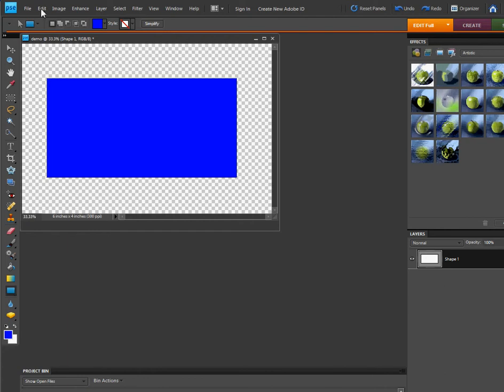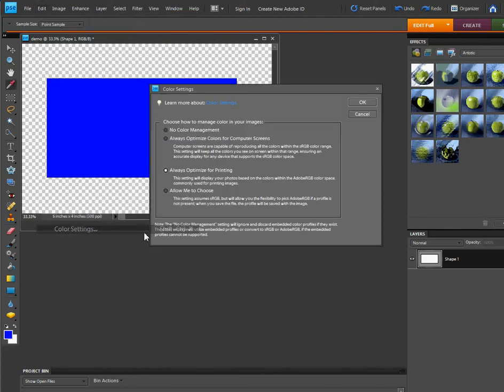Now I want to go to Edit, Color Settings, and from this dialog box I see 4 radio buttons where I can choose from different settings. The one we want to choose is Always Optimized for Printing, and it's already selected in mine, so you'll want to select it in yours. I'm going to click OK,